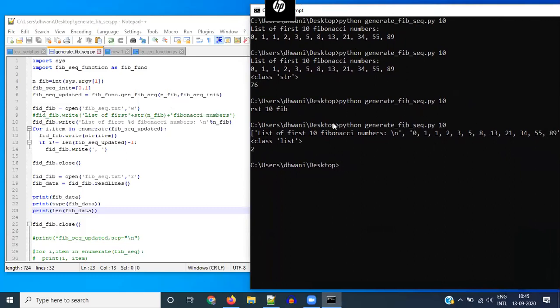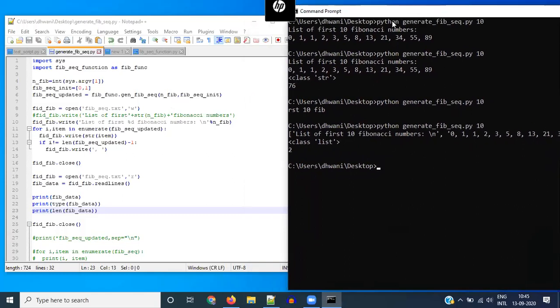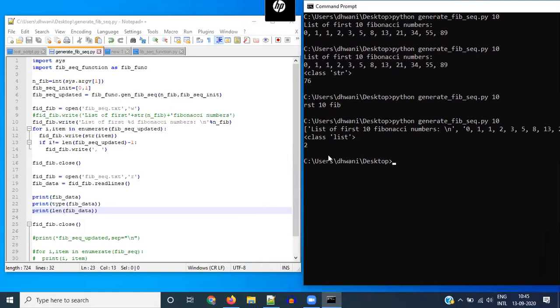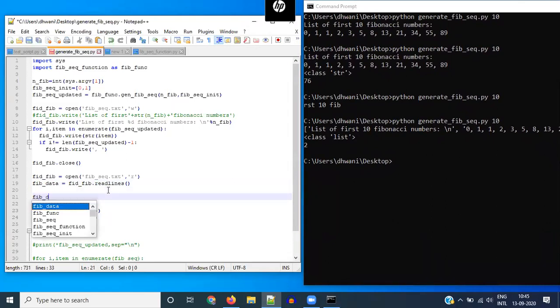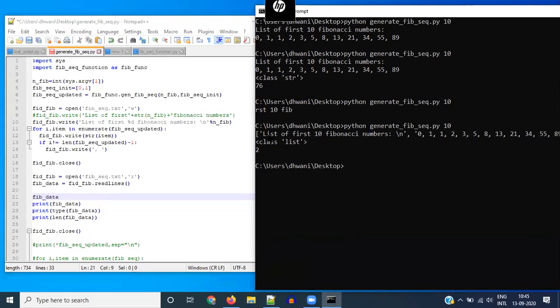So if you only wanted to look at the numbers, you could look at only the element at position 1 in this list, and then somehow try to get the numbers out individually. So let's see how to do that. Right now we've got the numbers at the element at the index 1. But the data type of each of these elements is string. So each of these, the list of Fibonacci numbers and the sequence of numbers, is just one giant string.